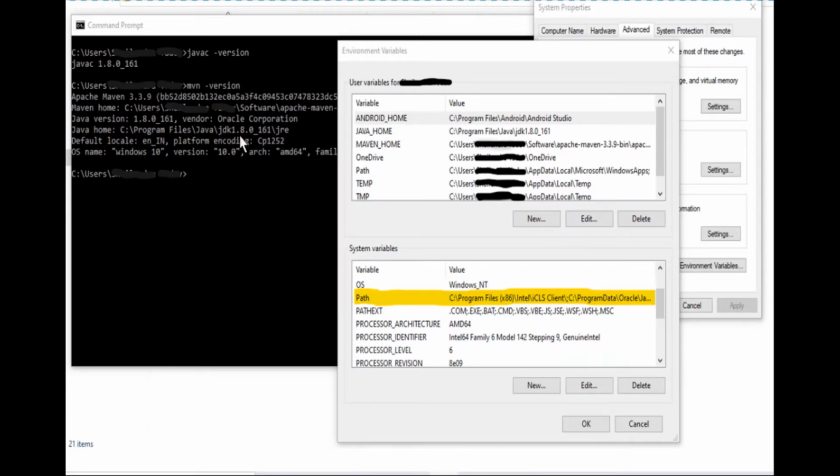Once this is displayed on the console of the command prompt, it means these two setups, JAVA_HOME and MAVEN_HOME, are set properly, and whatever configuration we did in the path till the bin directory is working absolutely fine. Now let's move to the Eclipse installation part.